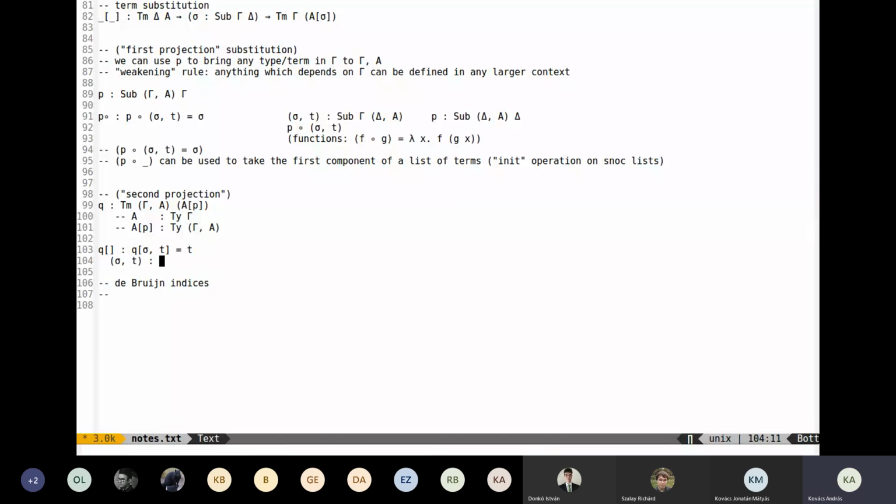sigma T is a substitution which goes from gamma to delta extended, and sigma is a substitution just from gamma to delta, and T is a term with type A sigma. So if we are doing a Q substitution with sigma T, okay, let's first just type Q. So Q is a term in